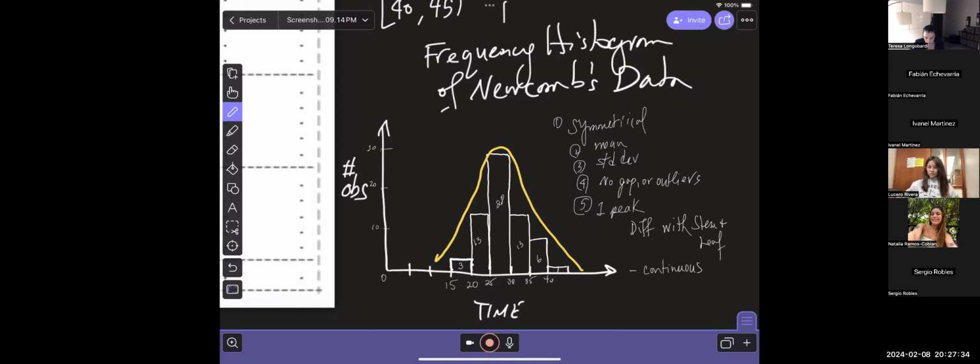You can use continuous values or continuous variables with a histogram, right? You don't have to remove the decimal places or round the decimal places. You can actually put continuous values here. You can have many decimal places in the data. Another difference is